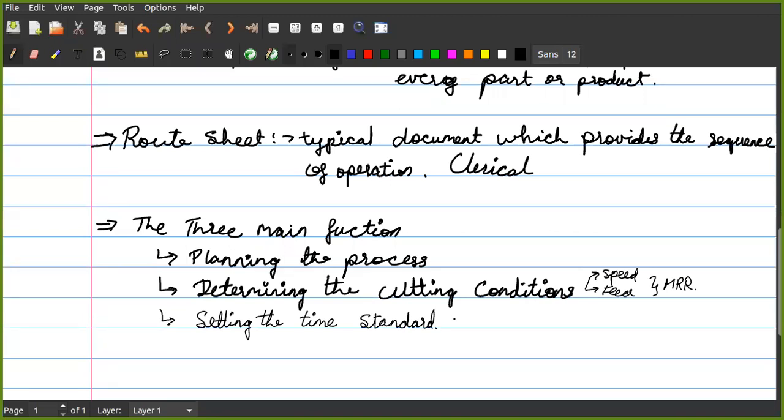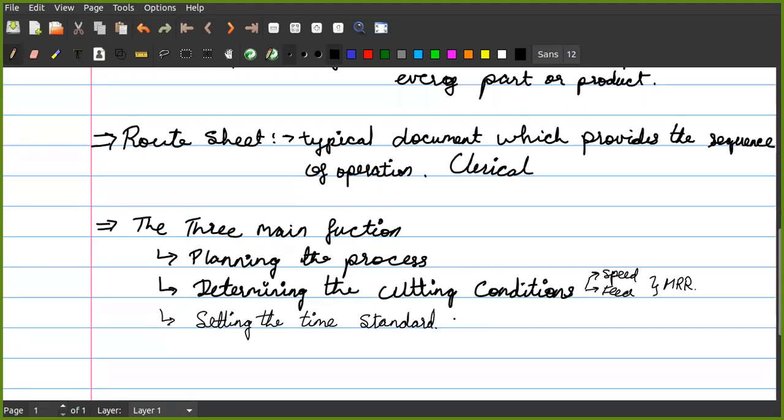Okay, so all these processes that we technically perform for manufacturing of a particular product or a part is known as process planning.